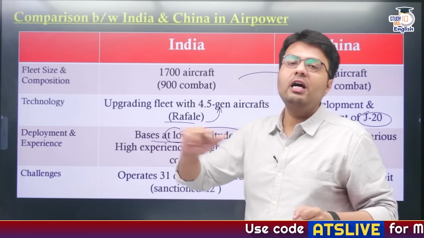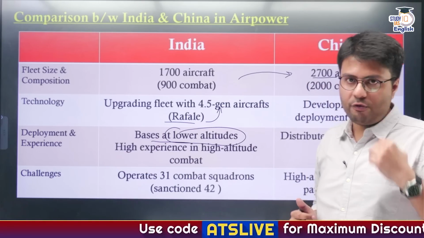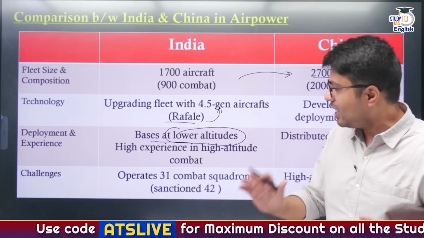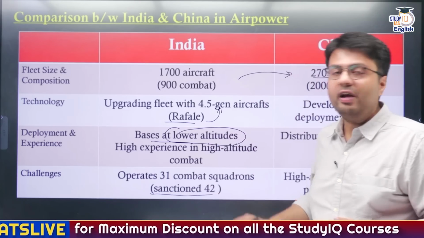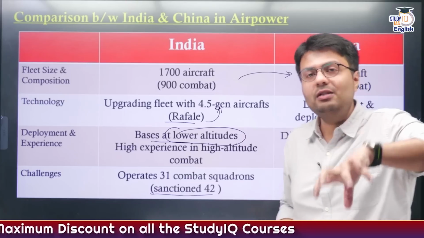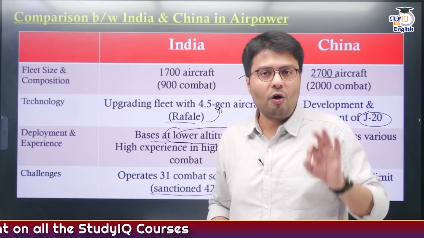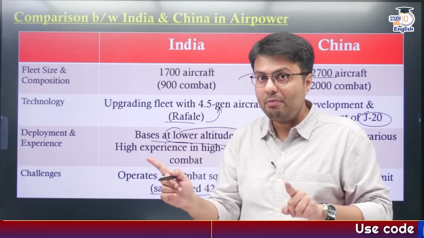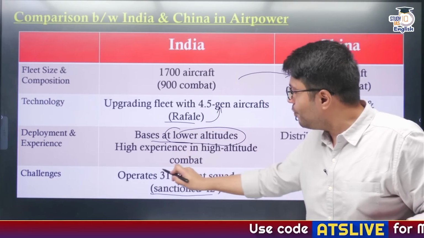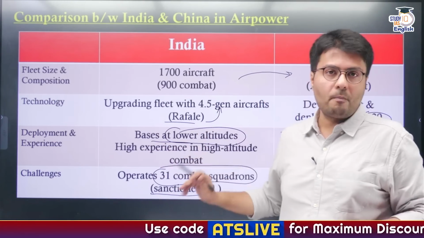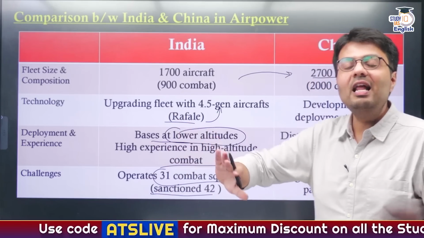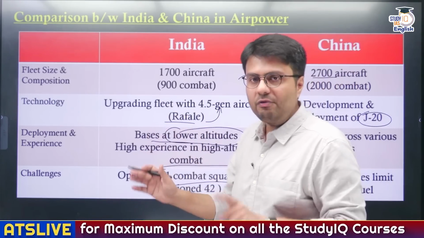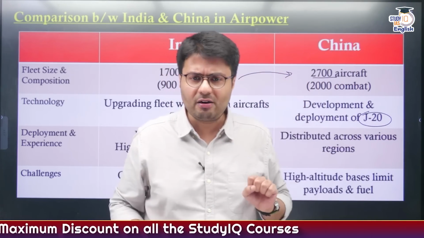Also, there are significant challenges associated with the Indian Air Force. First, in terms of the number of aircraft, because the sanctioned strength of the Indian Air Force is what? It needs to have at least 42 squadrons of aircraft so that it is able to tackle both Pakistan and China simultaneously. But currently, the Indian Air Force only operates 31 combat squadrons. So effectively, it has 11 fewer squadrons of fighter aircraft. One squadron has approximately 18 fighter aircraft.